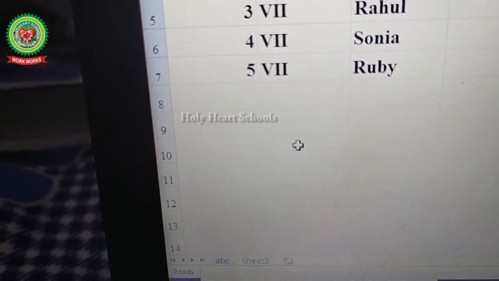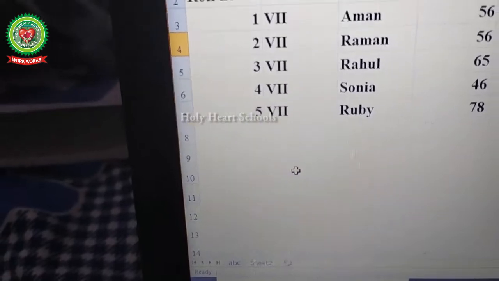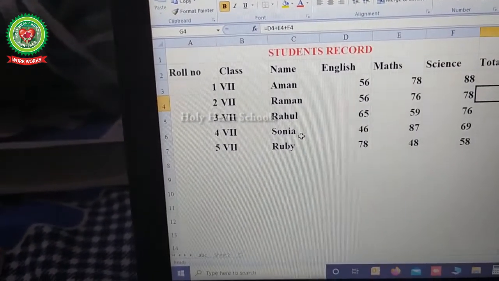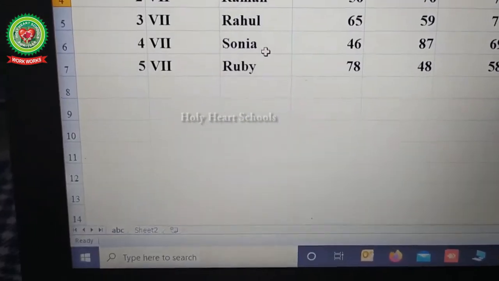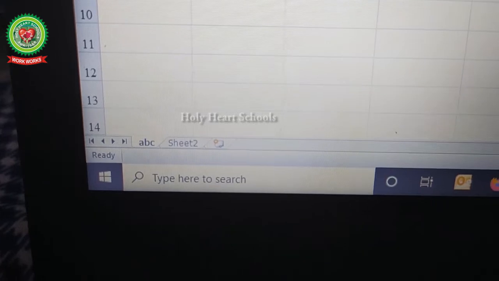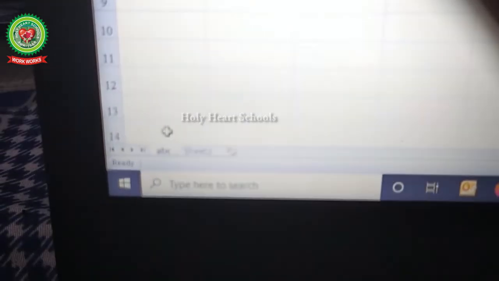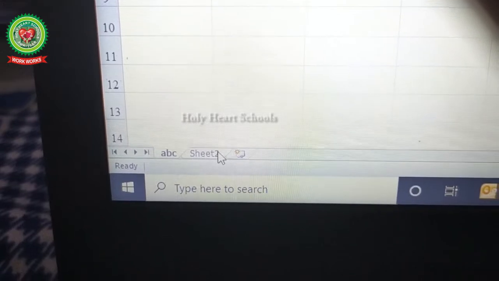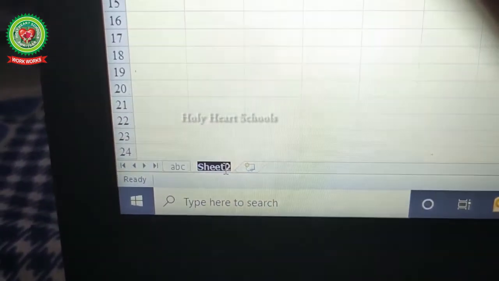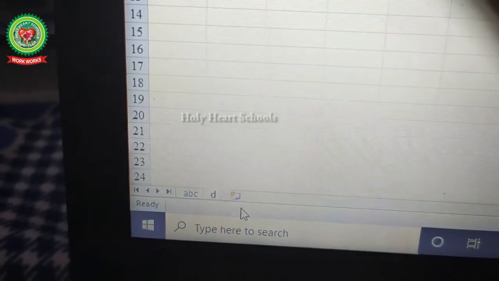Then after that press the Enter key. This is the one method. Another method to rename the worksheet is to double click on your sheet tab and type the new name.